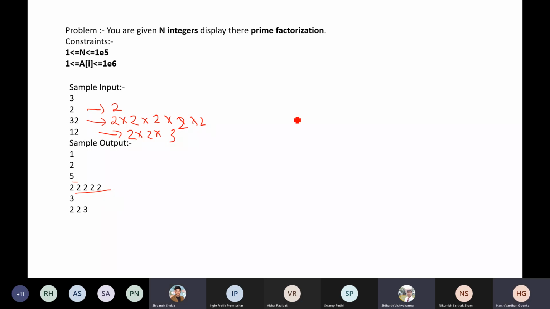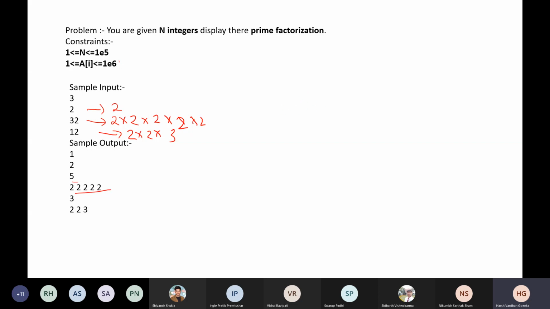I think you were running it till root n. Yes, till root n it comes out to be sufficient, if you keep updating the number. So very good that you got the idea. So n equal to 1e5, and a_i up to 1e3 here. Yes, that works in this case because the constraints are pretty light. If the constraints had been a bit higher, then it would have given a TLE or something like that. But in this case, it works perfectly fine, I think.